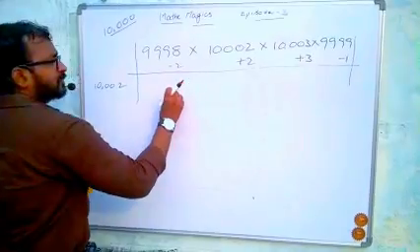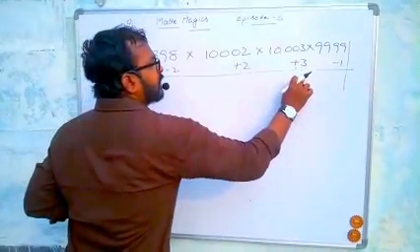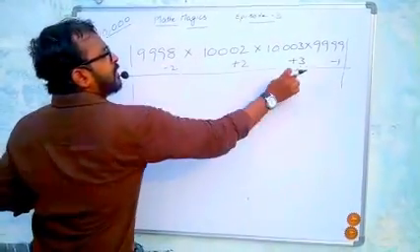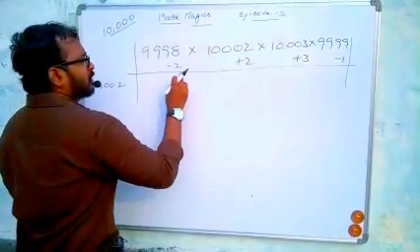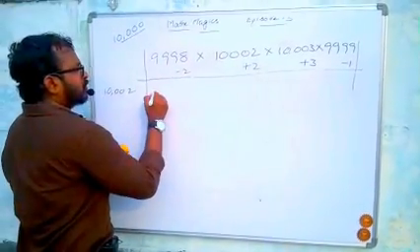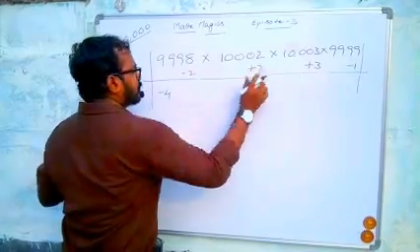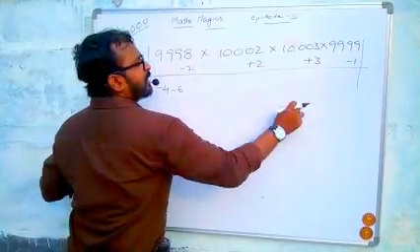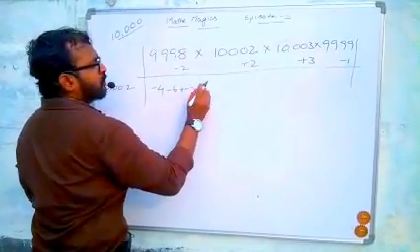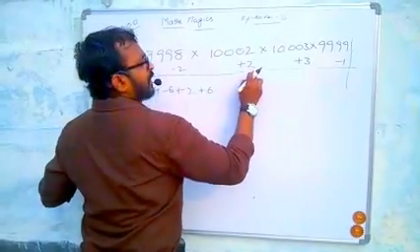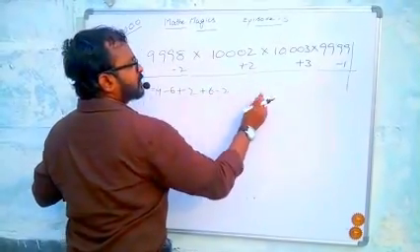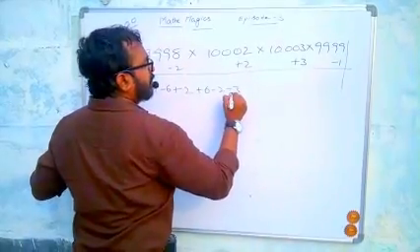And now find AB, BC, CA, and again AD, like that. So the individual products. First, minus 2 into plus 2, minus 4. Minus 2 into plus 3, minus 6. Minus 2 into minus 1, plus 2. And now these two: plus 2 into plus 3, plus 6. Plus 2 into minus 1, minus 2. Plus 3 into minus 1, minus 3.